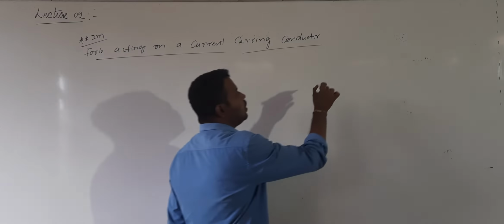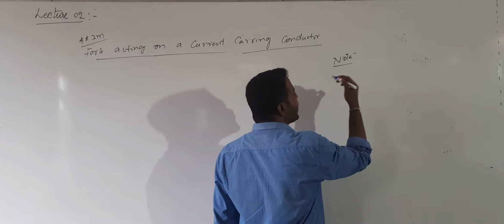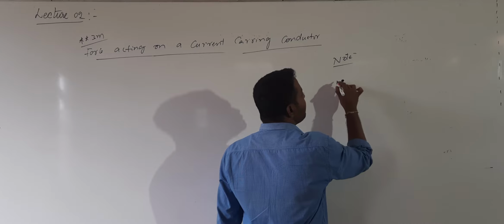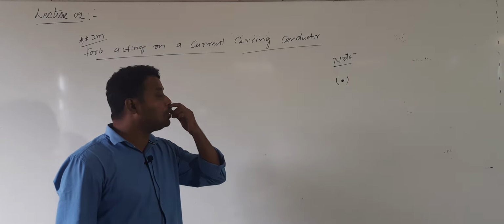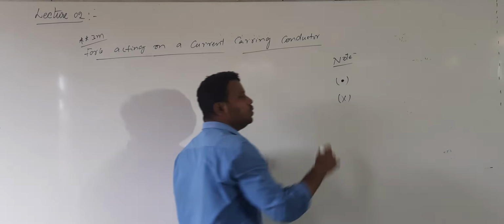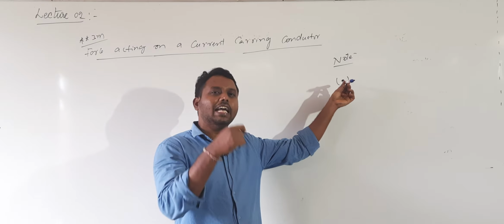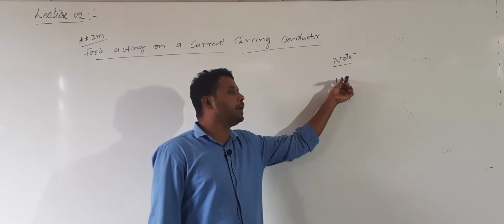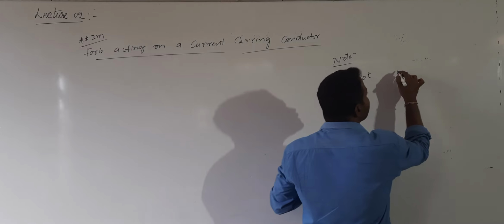One important point I forgot to tell here is that throughout this chapter we will follow one notation. Whenever a magnetic field, electric current or electric field is perpendicular to the plane, passing either into the paper or out of the paper, there are 2 notations we will use. If it is perpendicular to the plane and passing out of the paper, that is represented by a dot. Dot means passing out of the paper.